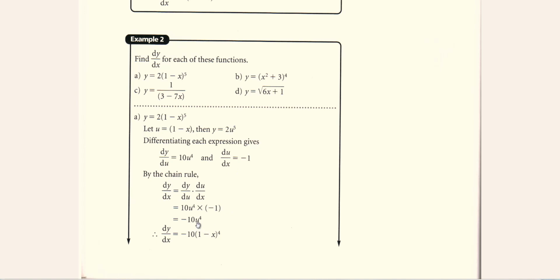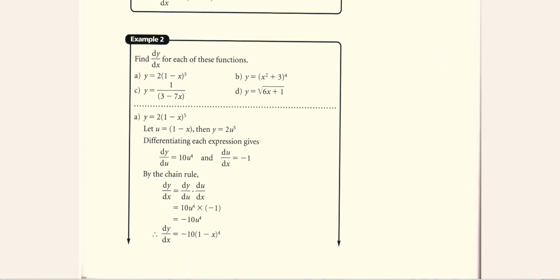Now instead of writing u and having u in the answer, we have to remember that u was 1 minus x. So instead of writing u here, I'm going to write within brackets 1 minus x. If you compare this part to this part, all I do is substitute u for 1 minus x. So this would be the derivative. This is the answer. Minus 10 times, within brackets, 1 minus x to the power of 4. That was the A